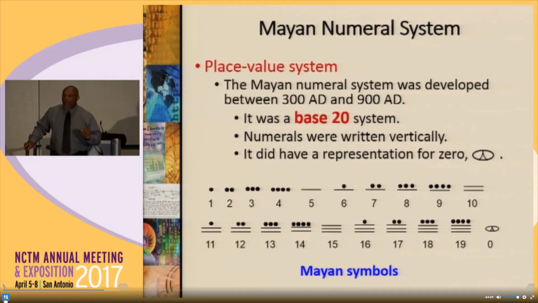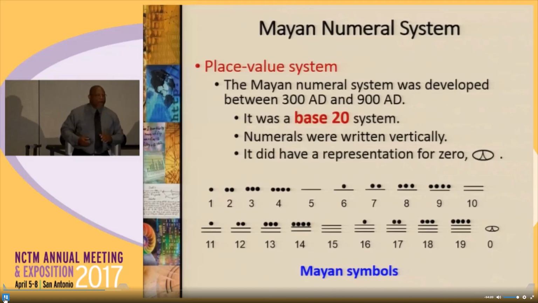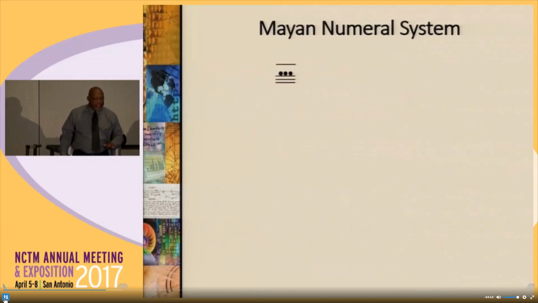A bar with a dot on top of it would be 6. A dot on top of a bar would be added with the bar, so that's how we get 6. A bar with 2 dots would be 7, so you can see how all of this plays out. And it's a place value system. And so you need to know the place. But if this is a vertically written system, then the places start at the bottom and build their way up